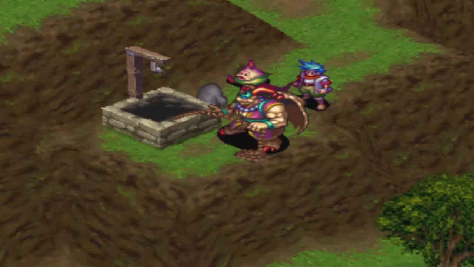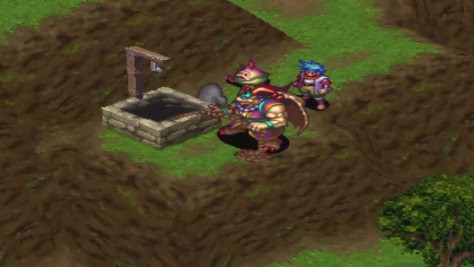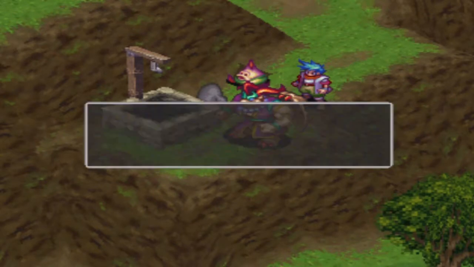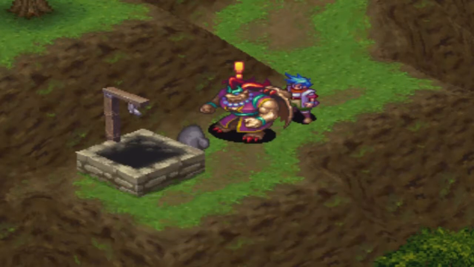It's kind of hard to tell what I'm doing because there aren't exactly very good animations here. So the bucket's filled up. Let's pull it up. And you will see this multiple times along with this sound effect. Now, 7 tries later,